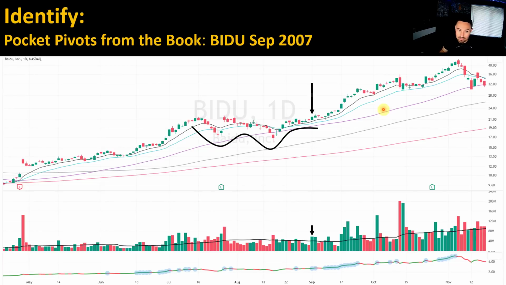Baidu, I think this is a relatively good setup here. It's somewhat of a double bottom pattern. So here's the left side, here's the right side, then it pops up. Look at the tightness coming through. So this is going to be a key thing to start taking out, especially when we get into the second half, okay? Is tightness